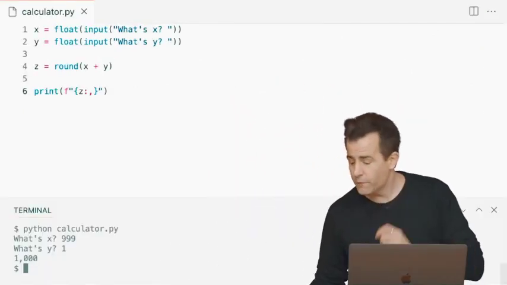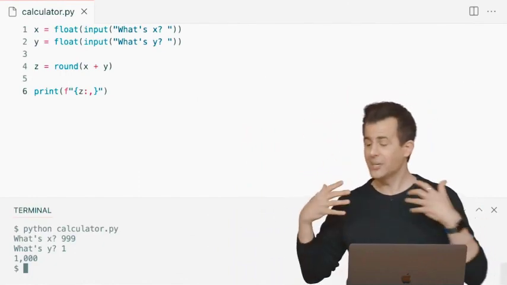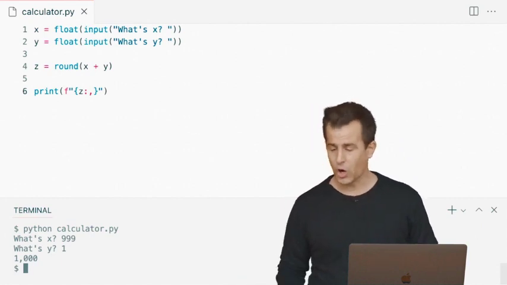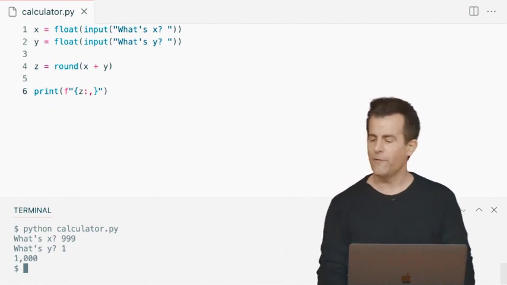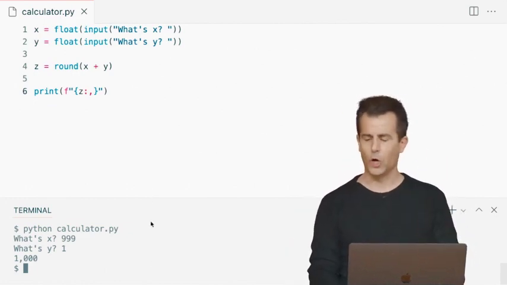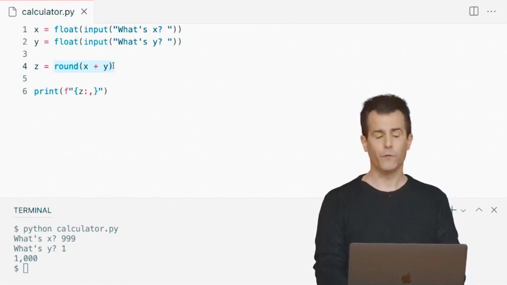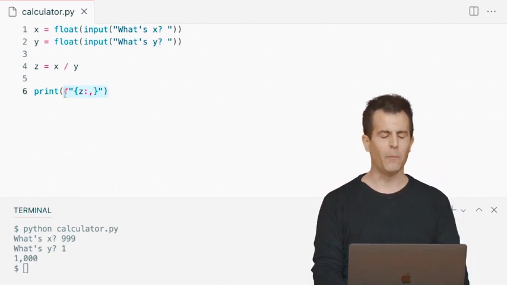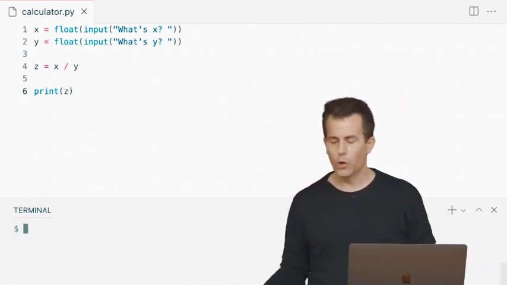Allow me to turn back just for a few final examples on float before we introduce a few final examples that allow us not just to use functions, but to make our own. Let me propose that we also try our hand at a bit of division here. Let me modify this calculator to still take a couple of floats, but do something a little different, just x divided by y. And let me get rid of my format string and just keep it simple for now, printing out z instead.